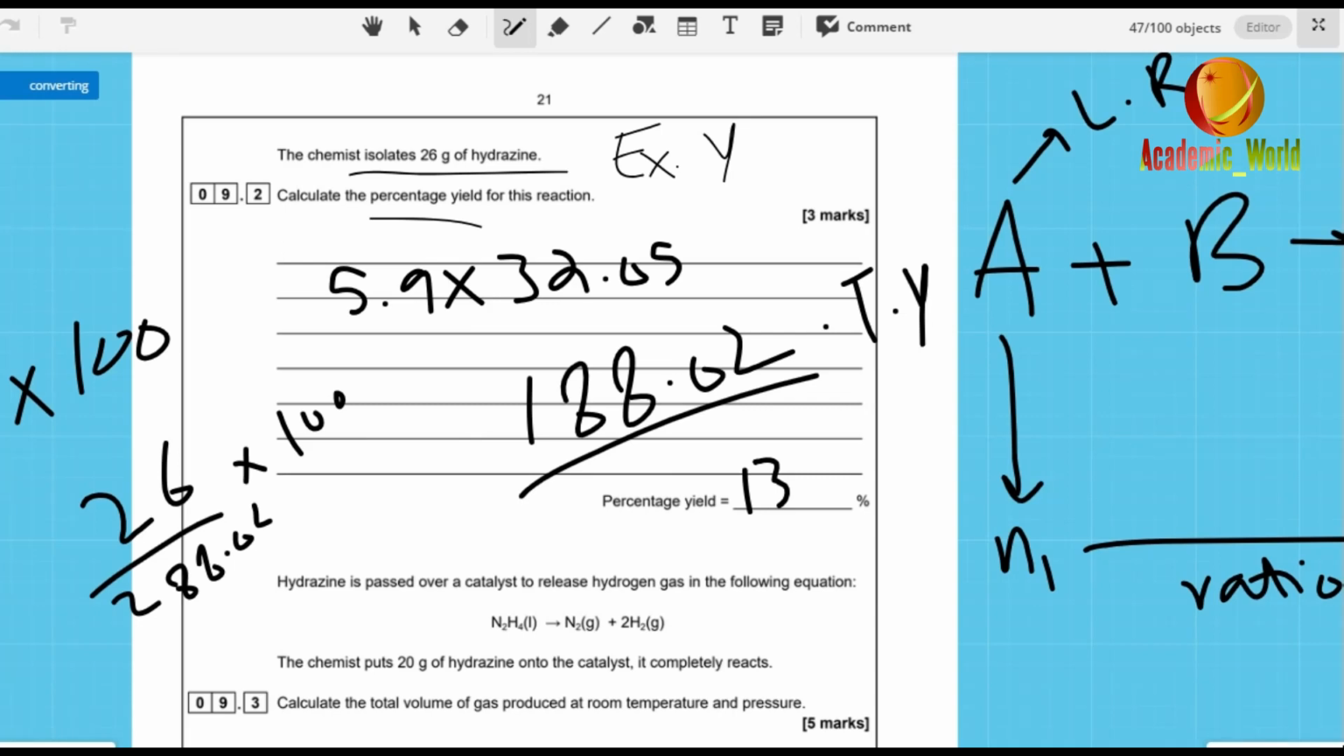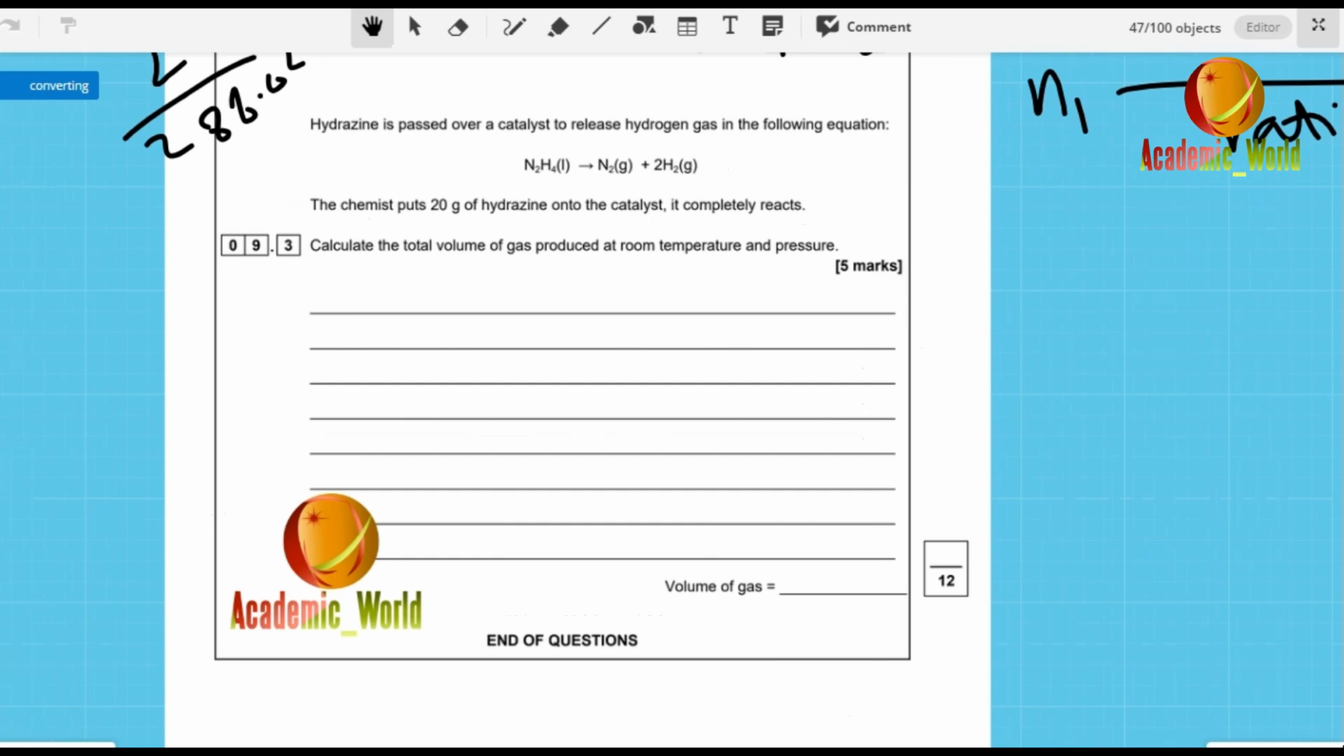Okay, now the last question. Again, hydrazine is passed over the catalyst to release hydrogen gas in the following equation. The chemist put 20 grams of hydrazine onto the catalyst. It completely reacts. Calculate the total volume of the gas produced at room temperature and pressure. So here you can see, 20 grams of hydrazine,